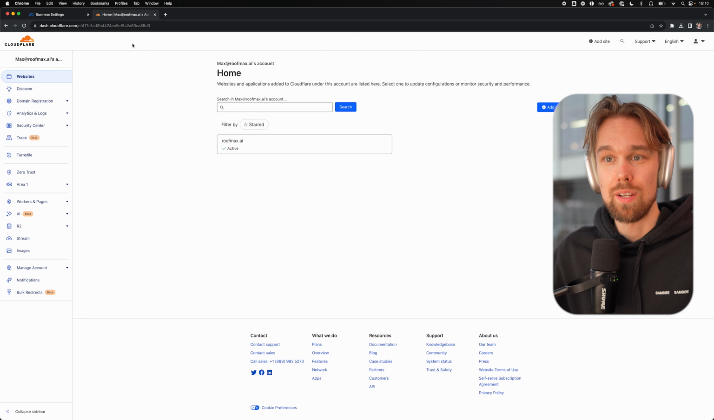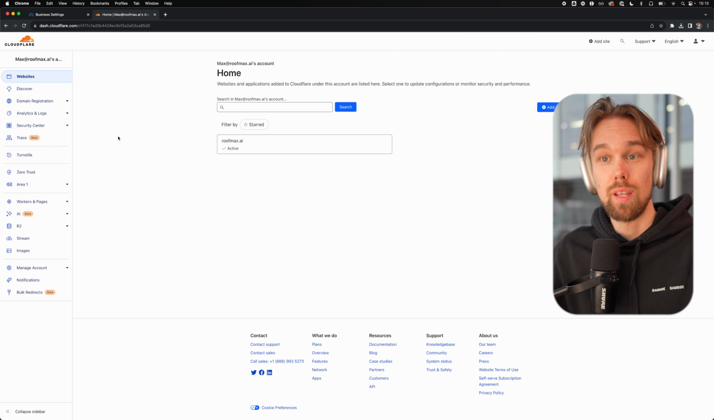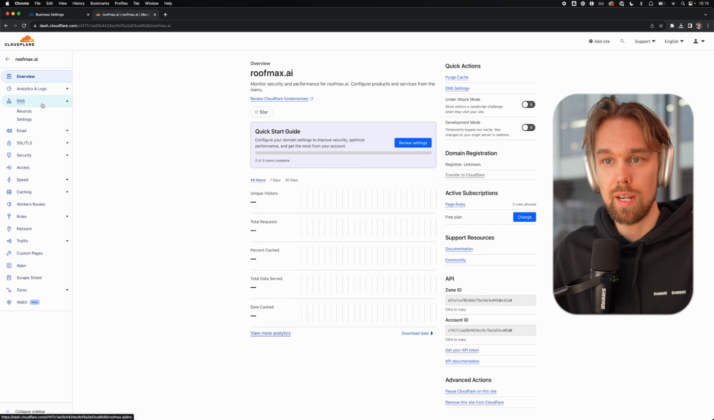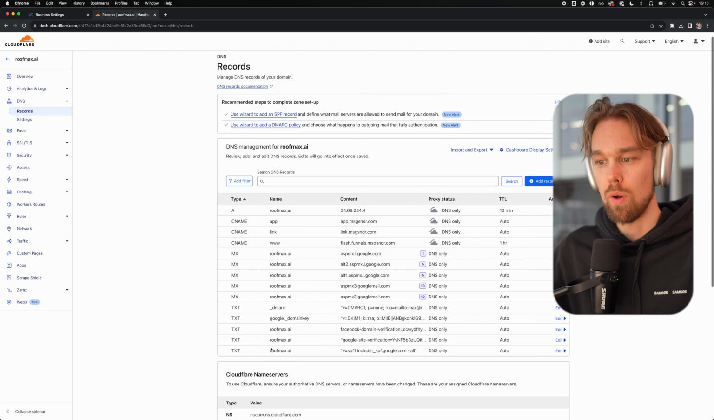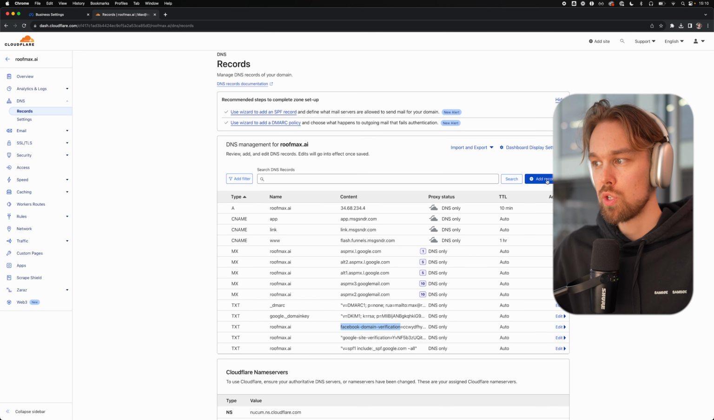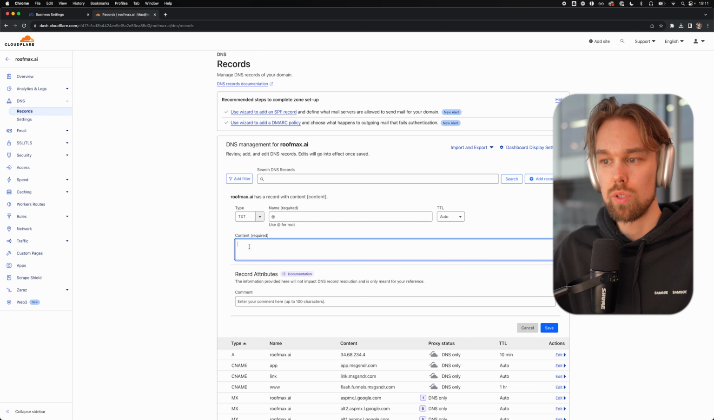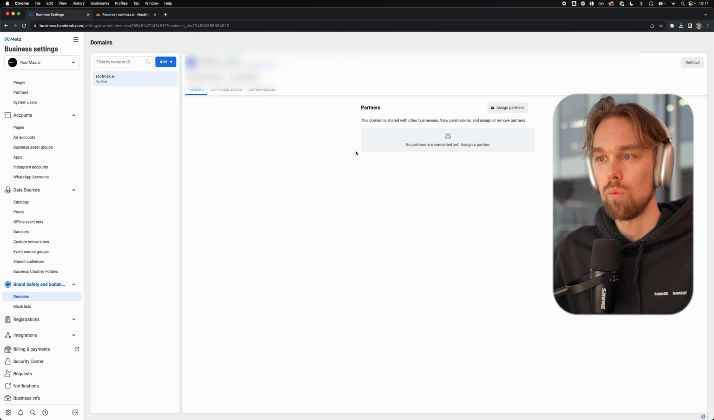So I'm going to go into Cloudflare that we signed up with in the previous video. I'm going to click on my website, then go to DNS right here, and then you will see that I have one TXT record right here that I've added from Facebook domain verification. So we simply click on add record, and we add a TXT record right here. We do an @ and then we put the code in here that we got from Facebook. We click on save. Once that is done, we will be able to verify the domain right here,